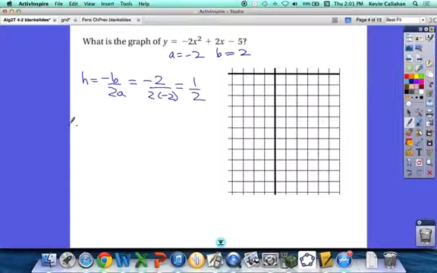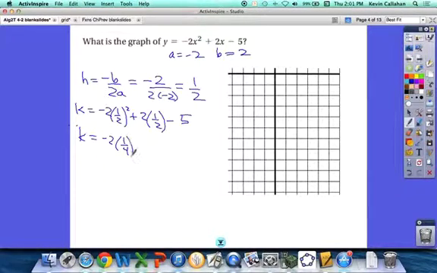Okay, now that we have the h, how do we find the k? You're going to plug in this into x here and calculate. Right? So k equals negative 2 times 1/2 squared plus 2 times 1/2 minus 5. K equals negative 2 times 1/4. Okay, 2 times 1/2 is 1 minus 5. So this is negative 1/2 plus